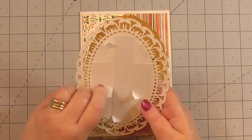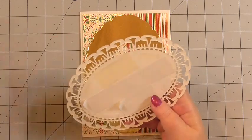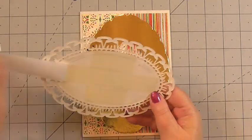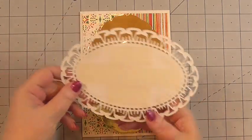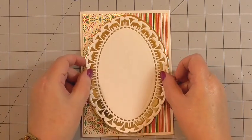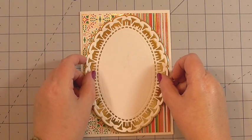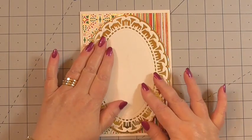I've got 3D foam, I've got flat tape on the back, and I'm just peeling the carrier sheet away from the tape. I've got some just on the edges as well, and I'm going to just position that over the top of our gold layer, and when I'm happy, press that down. Okay,